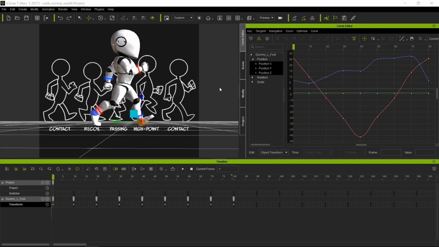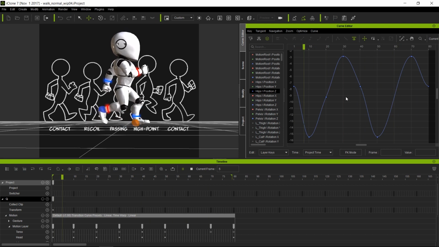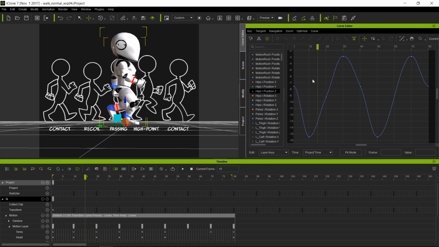But before we deal with the legs, let's go ahead and deal with the up and down motion of the character and smooth that out first. So then we'll deal with the foot contact if it goes below the ground. So what I'm going to do here is, let's go ahead and play the animation. I notice here we have a few extra keys that we really do not need. So I am going to go ahead,